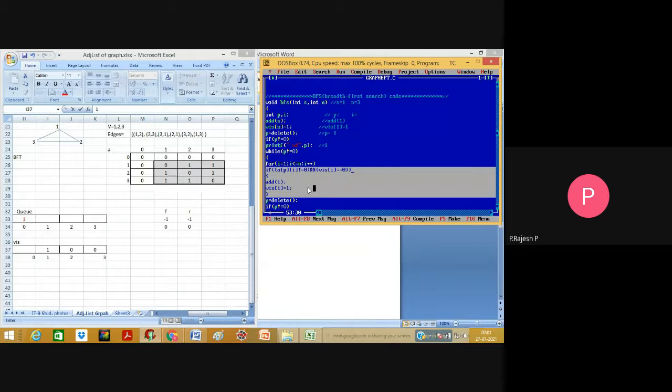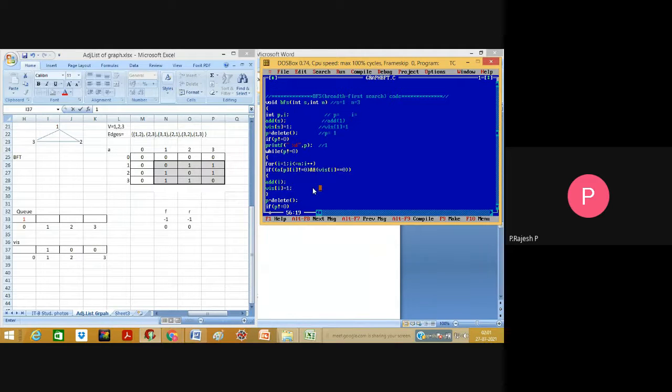And now here we have to say, if i is equal to 1, then if i is less than 3, the condition is true, so come inside. The if condition is there: a of p, i. p is nothing but 1, and i is nothing but 1.